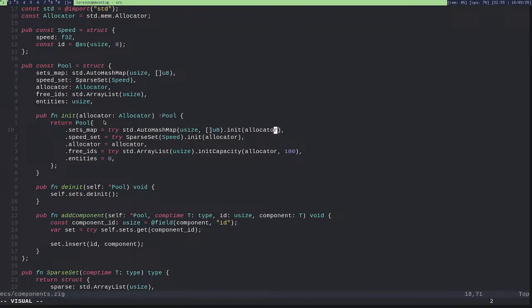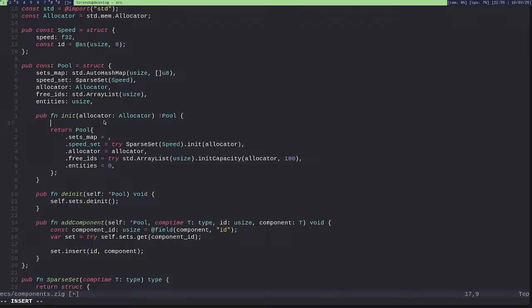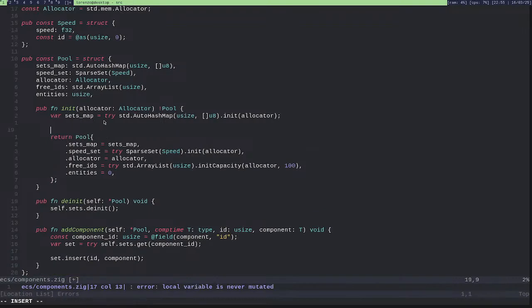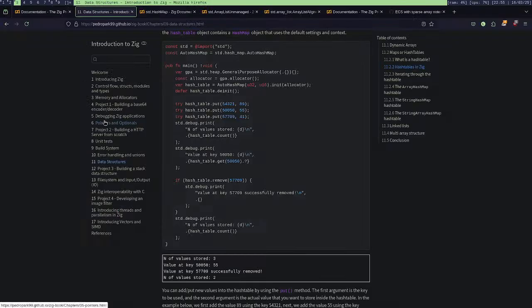And yeah, I want to fill this thing here, so var sets map. Okay, and then insert, right?